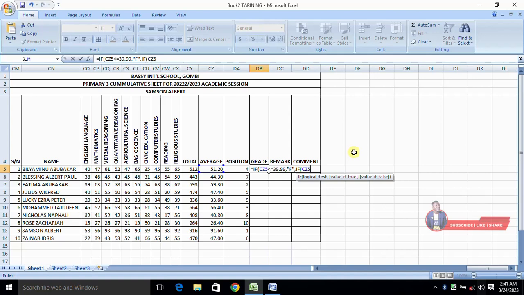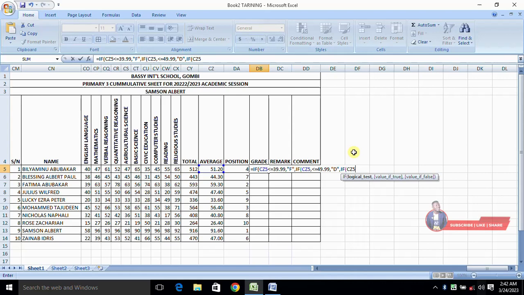If CZ5 is less than or equals to 49.99, comma, open double quotation, type D, close the quotation, comma, if again, open bracket,